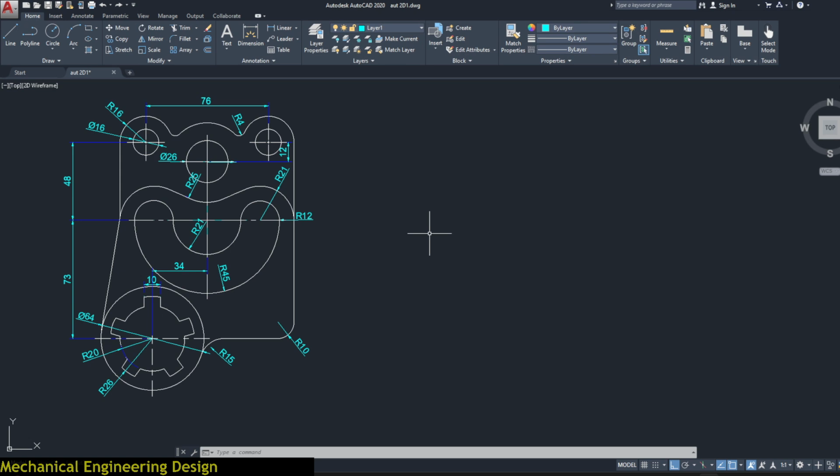Welcome back to Mechanical Engineering Design, and in this tutorial we are going to make a quick 2D sketch as